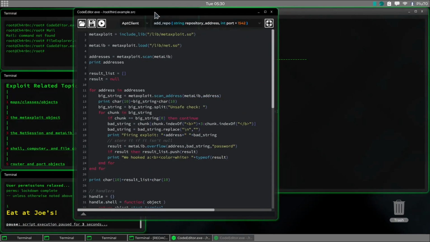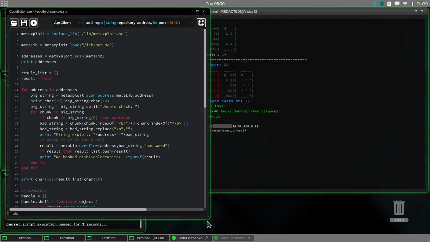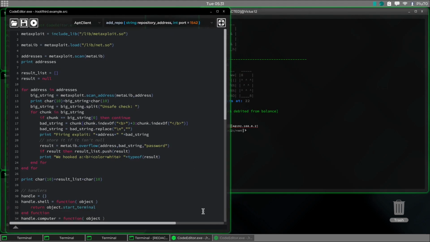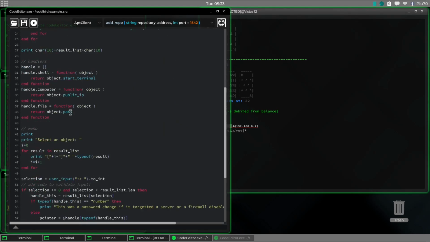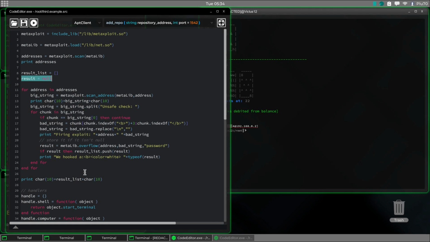Okay, so let's see what mine looks like. Let's see what yours looks like. All right, so the same things, including Metasploit, metalib, addresses, print our addresses, make a result list, and we're going to... Why did I do that? Oh, I remember, because I put an extra doohickey in there, if result, and we have to... Okay. Anyway, so for address and addresses, remember, let's